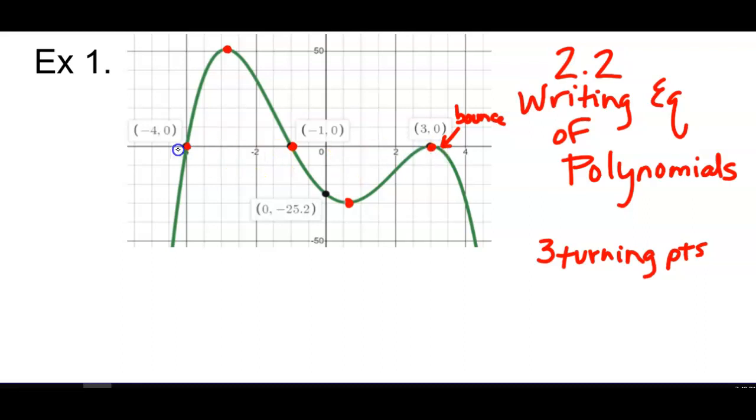So this is -4 is a 0, this is -1 is a 0, this is +3, but this one has